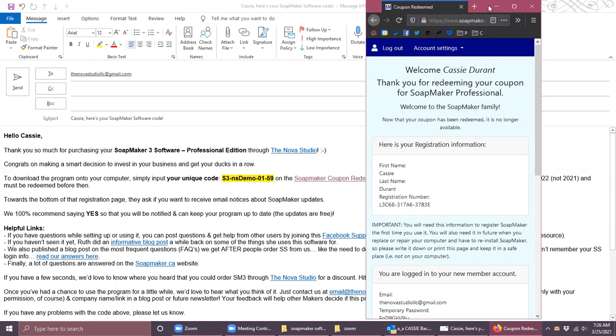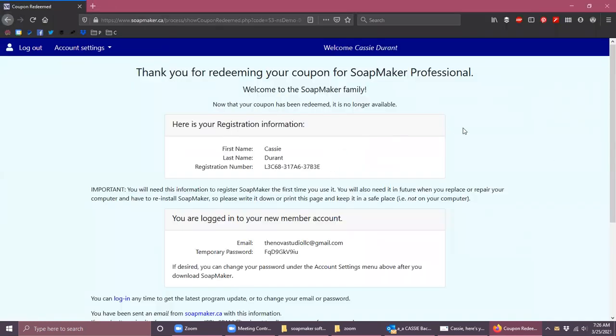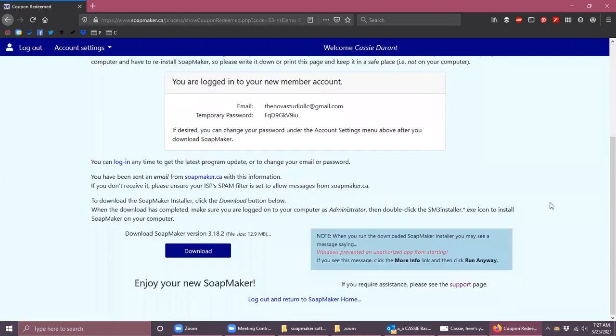Now, once you're here, you're done with this email, so we can maximize this window again. And this gives you all of the information that you need to keep your information updated all the time. And at the bottom right here, this is where you'll download it. And you can see the version number here. Whenever you receive emails letting you know that there's been an update, the new version number will be listed in that email so that you'll know. You download it,